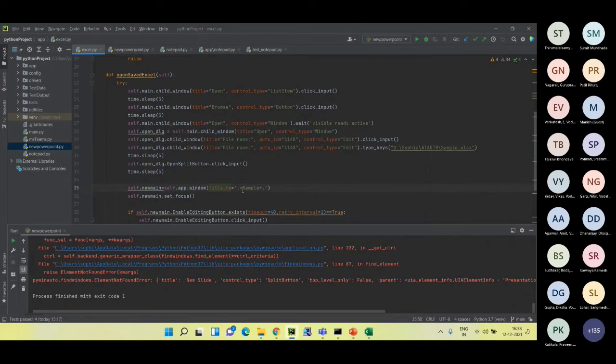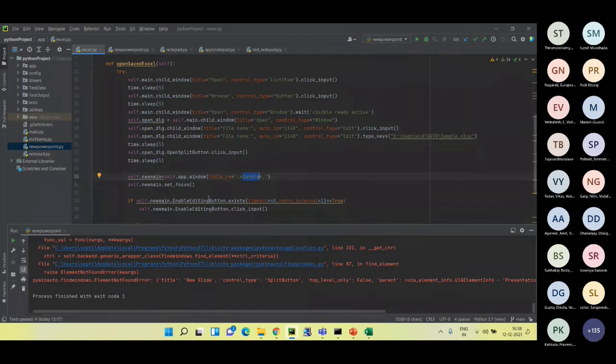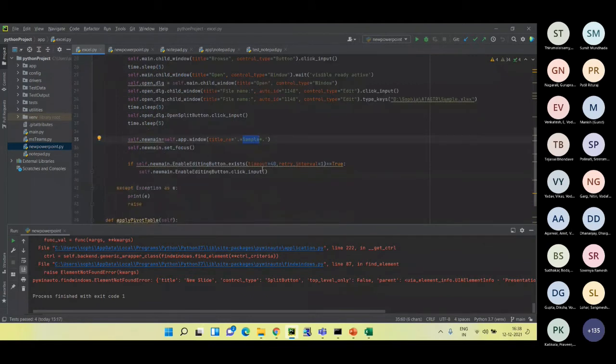Star is for any character before it or after it. So in this format, sample can have anything before or after it, and it will take it. Then we focus on that particular sample file.